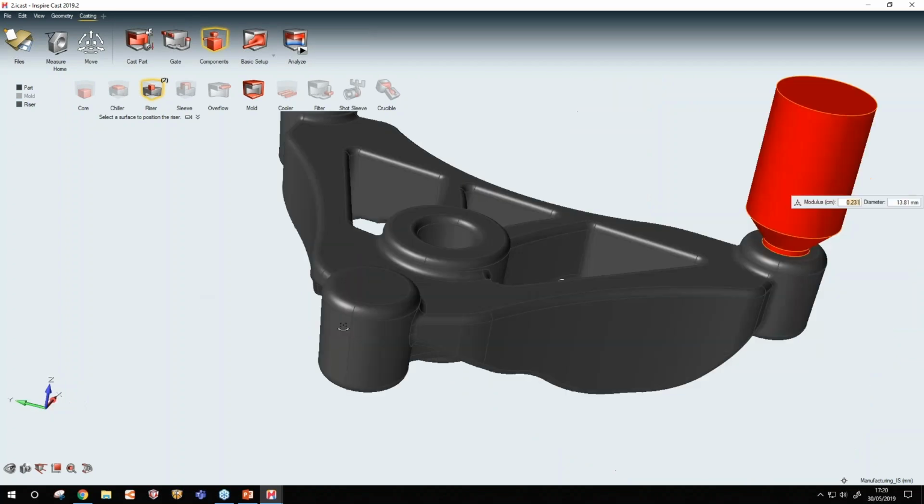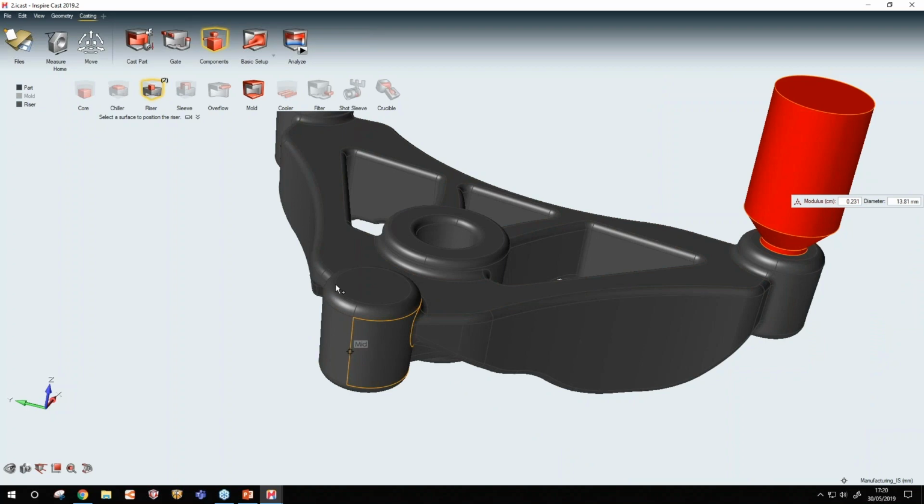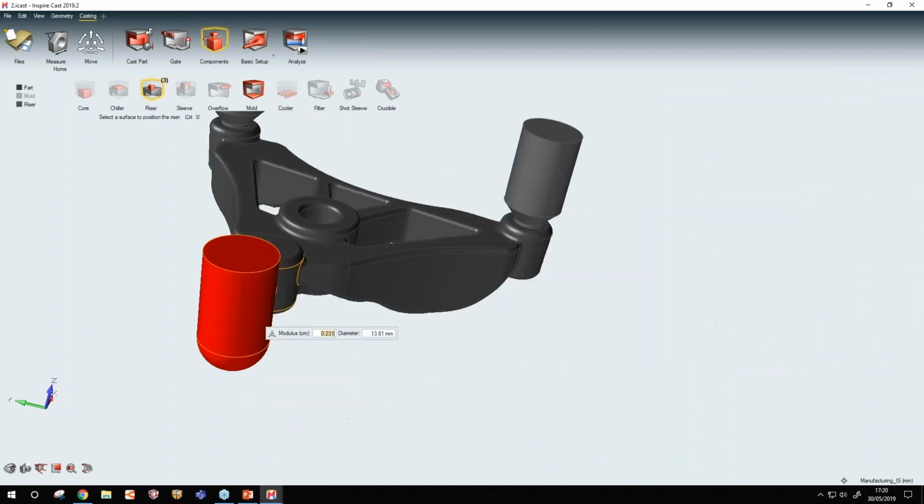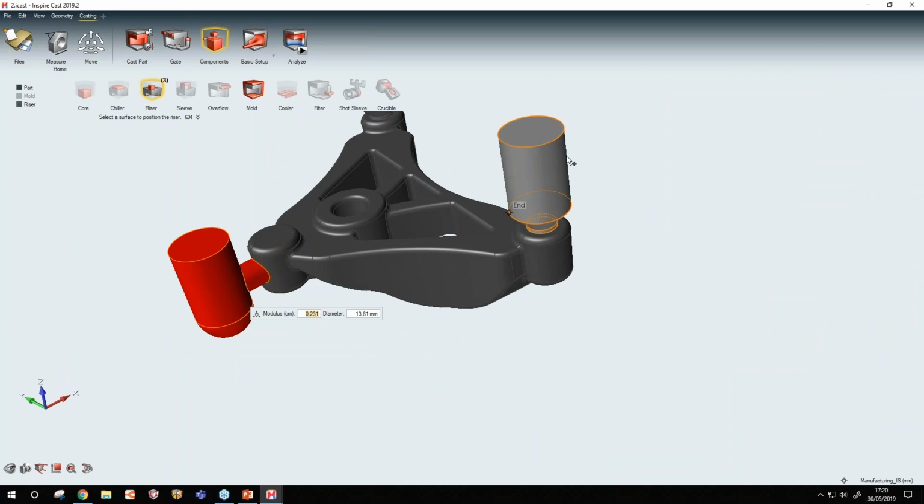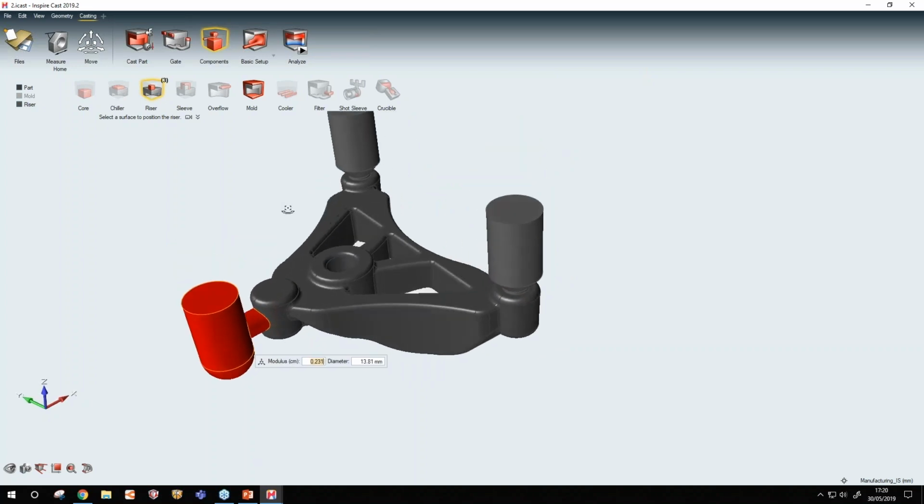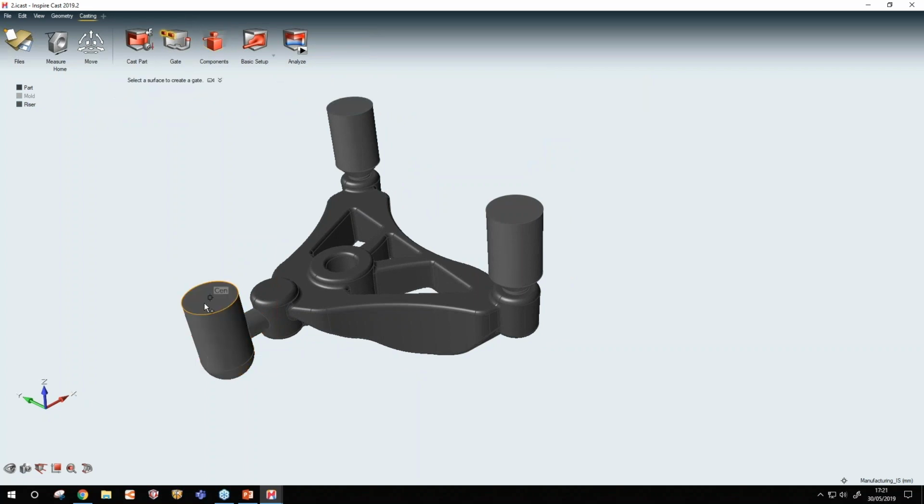This is different. This is a top riser because it's in the top surface, and this will be a side riser, okay? Because this is in a side surface. So you can see automatically it will create top risers or side risers depending on the location we are selecting for creating the risers. And I can place the gate, for example, here